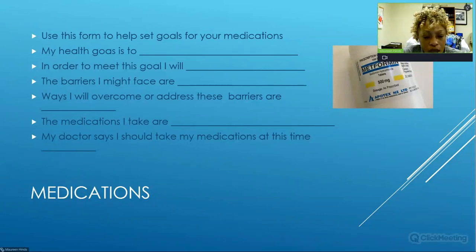All right, so I use the Freestyle Libre. Check, yeah. We talked about that. I'll take my medications daily at 2:30 for the next month. Thank you,